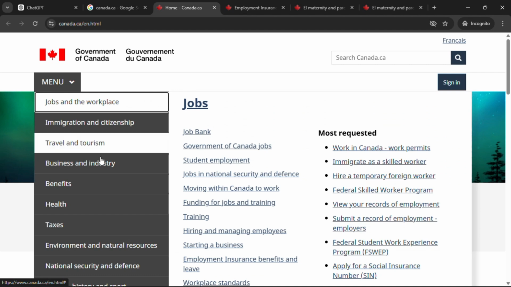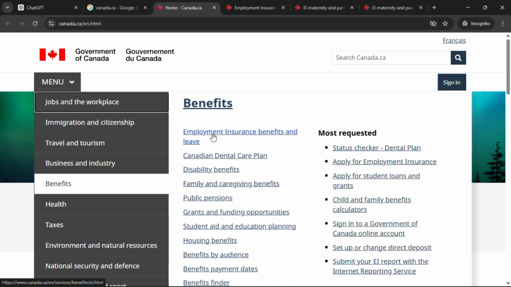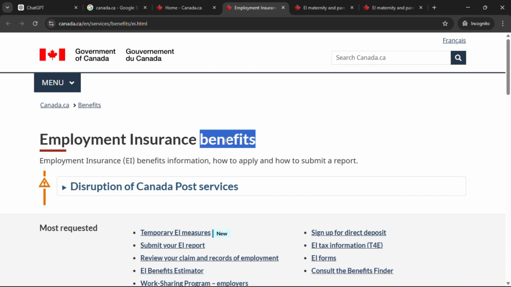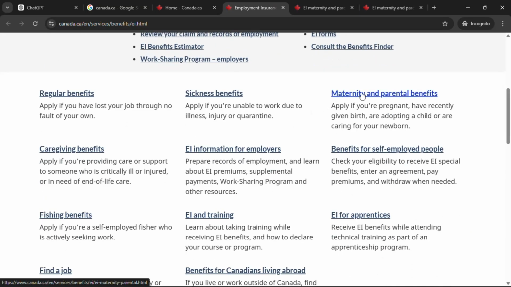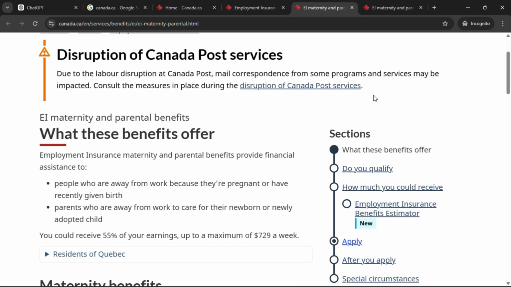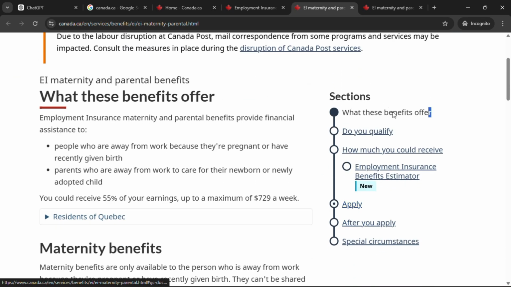Next, head over to the menu and click on Benefits. From there, select Employment Insurance Benefits and Leave, then click into that section. Scroll down until you find Maternity and Parental Benefits. On that page, you'll see detailed information including what the benefits are for, who qualifies, how much you can receive, and how to apply. You can read through everything carefully, but if you're ready to move forward, simply click on